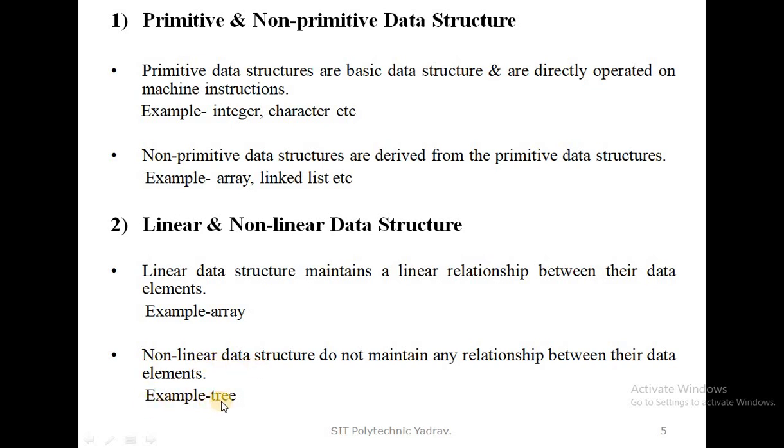Okay, that is known as the non-linear data structure. That example is tree. In detail we will study it in the next part. Okay, these are the linear and non-linear data structures. In an array, relationship with each other means what? An array is a collection of elements of the same data type. In that, one element is connected with another. Okay, that's why this is known as the linear data structure. And in a non-linear data structure, the example is tree. In that, the tree's elements are not directly connected or do not have a relationship between each other. Only the hierarchy structure is known as the tree.